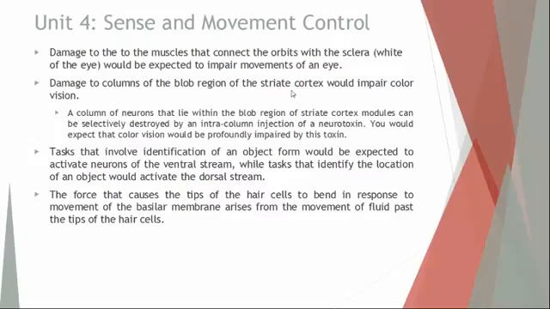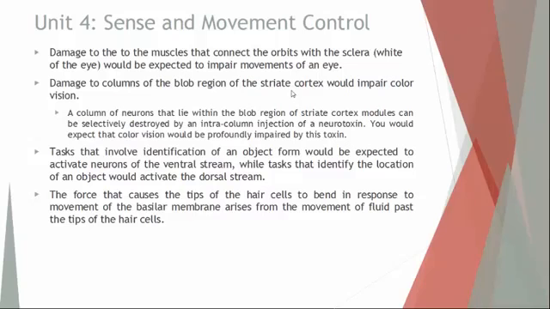So if you have damage to these areas, that would impact how you are able to detect those qualities of various color wavelengths. And then you can actually destroy certain areas of these columns if you were to inject a type of neurotoxin. That neurotoxin would just impact and destroy that one region of the blob, that one region of the column. So that would greatly impact how that blob would be able to detect various types of color.